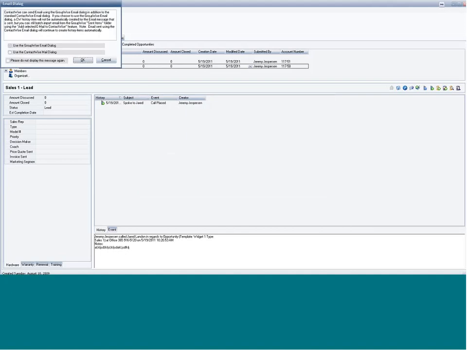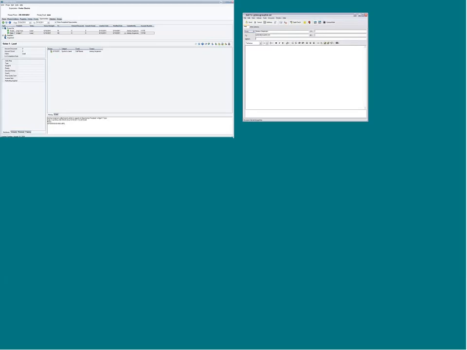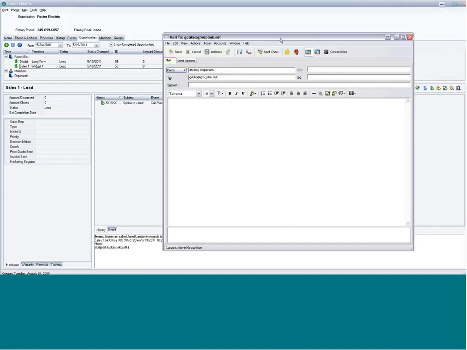Now, the email dialog, you can use one of the other, of course. I think it's mainly going to be almost default for everyone to use the email system that you're going to be utilizing instead of jumping into a Contactwise. There are advantages of utilizing the Contactwise one. It will save directly over into the history automatically. If not, of course, in this case, since we're utilizing GroupWise, it'll open up